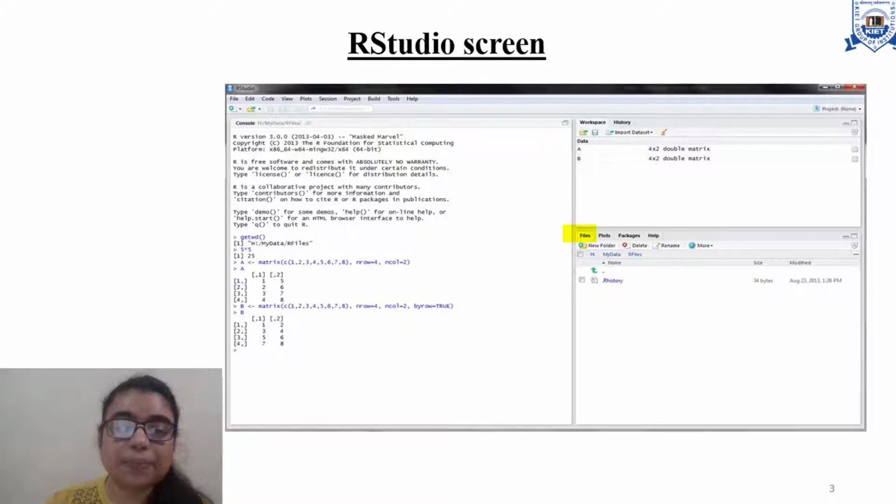The files tab shows all the files and folders in your default workspace as if you were on a PC or a Mac. The plot tab here will show you all the graphs. The packages tab will list a series of packages or add-ons needed to run certain processes. Then there is help. Here you can get additional information whichever is required.